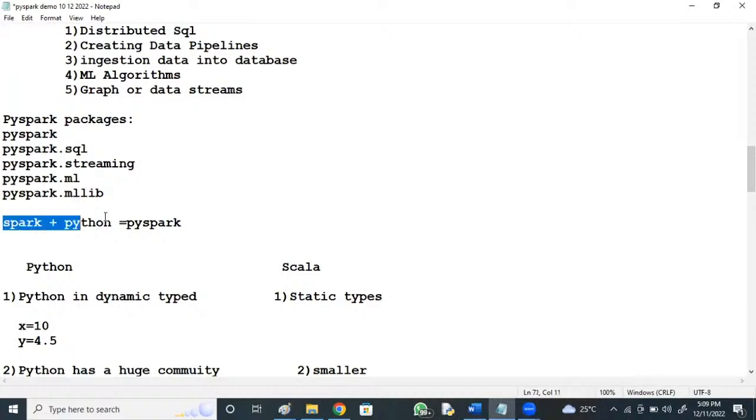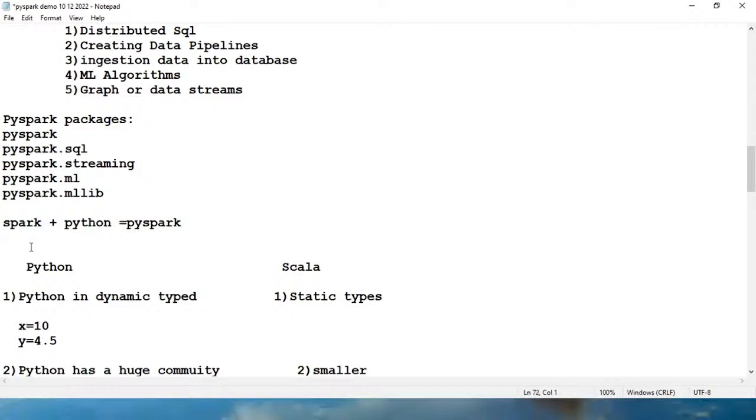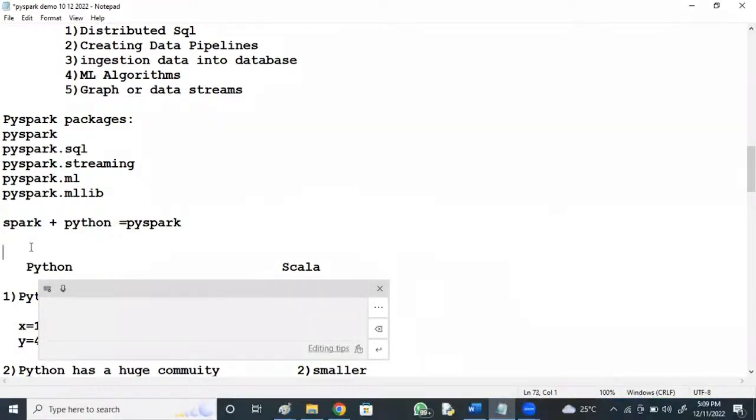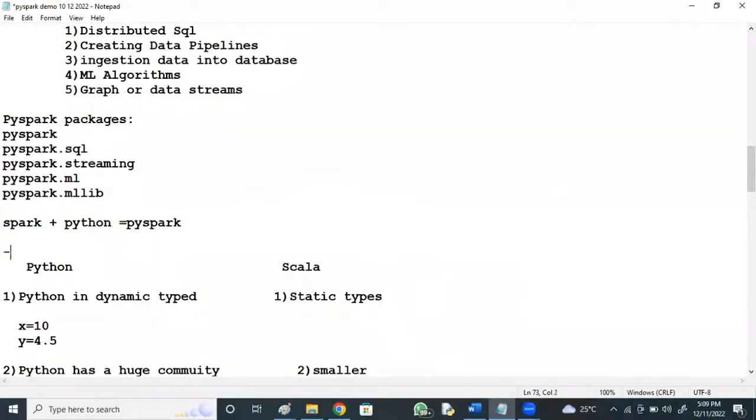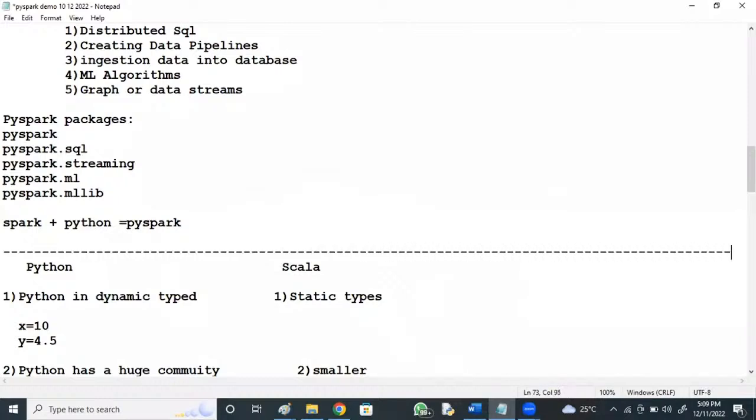So Spark plus Python, Spark and Python combined, we call PySpark. And I was just saying Python and Scala are the mostly preferred languages. What are the differences we see? So Python is dynamically typed, in the sense